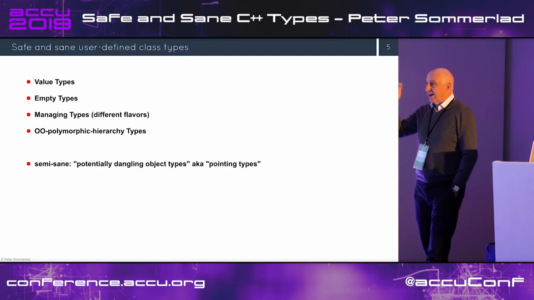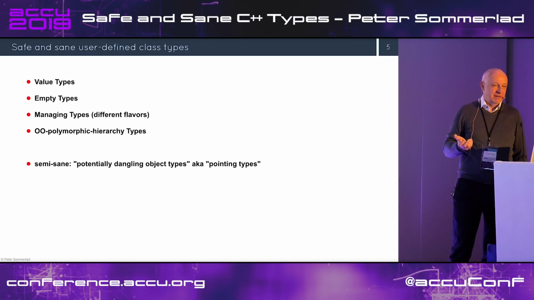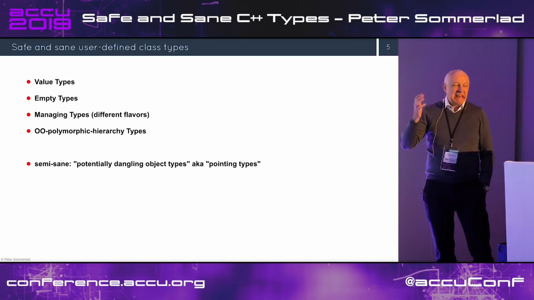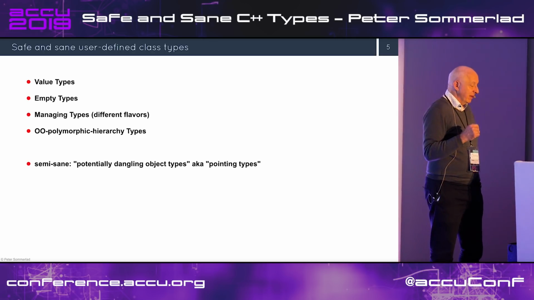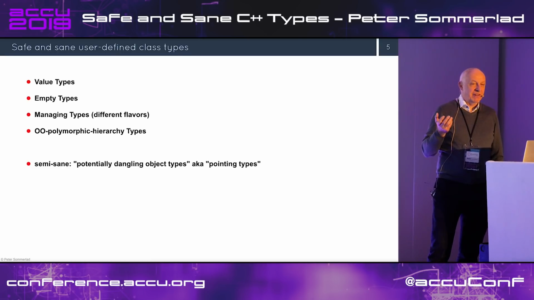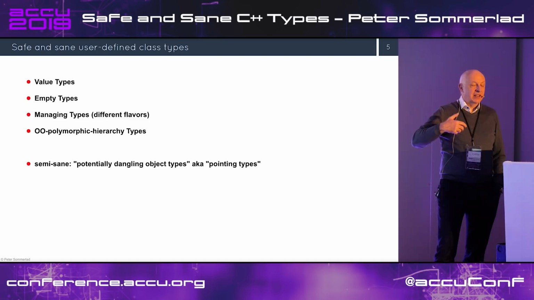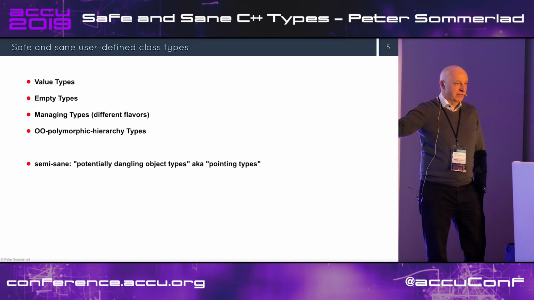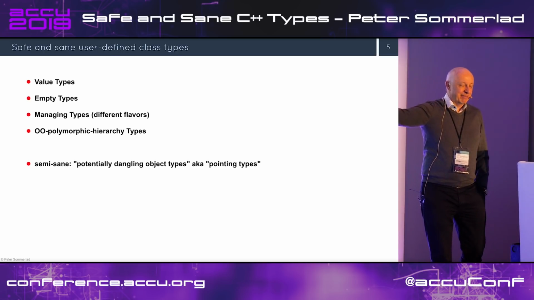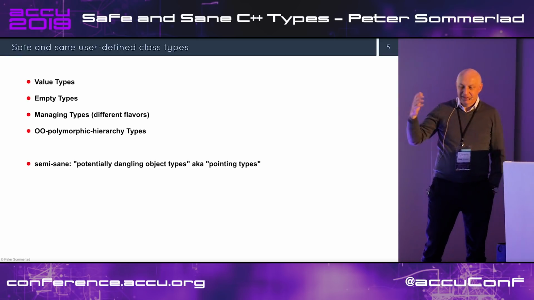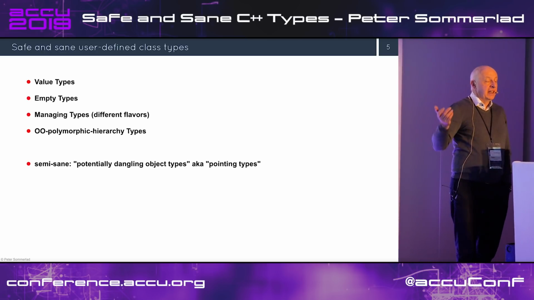And there are some things that are not that easy to deal with that still require discipline. In C, almost every expression or statement requires high discipline. In C++, you can program at least sanely without having to figure out for each line if it has some bad effects. But there are some things that we nicknamed potentially dangling object types. So everything where you can have dangling stuff, where you refer to something and the object that refers to something else relies on the lifetime of that other object. Like, if I don't get that feed, I'm dying. But I don't recognize that I'm dying when the other thing has died. So that's the thing. Dangling stuff is the only remaining dangerous part in modern C++,